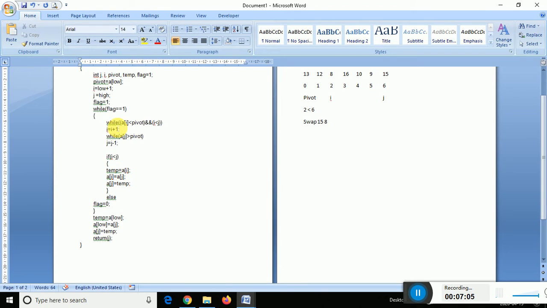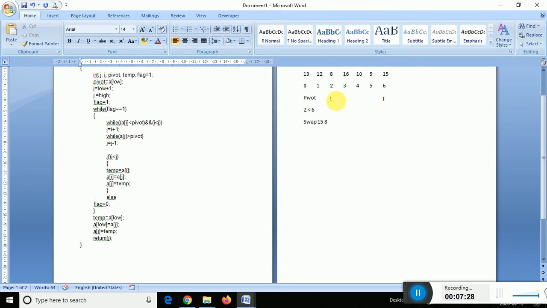So flag is equal to 1. Once again, after swapping it will go here. It will check the condition, that is 8 is less than 13. True.